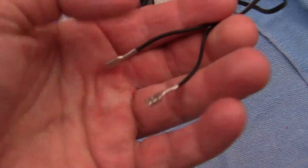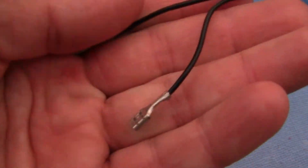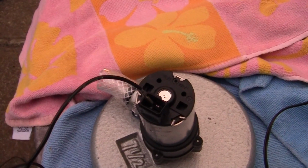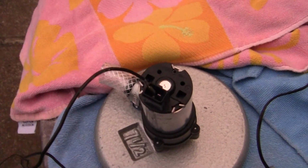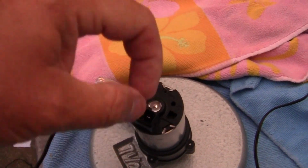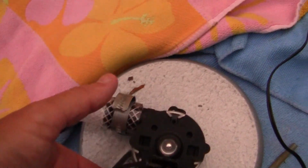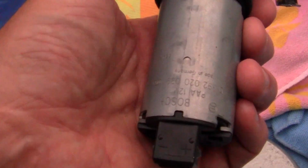If not, then I'm just going to keep this wire, it's pretty long here. I'm going to just use one end of this because the other one's too wide. But I'll use one connector and I'll just connect this up before I put the pump on and have to get down on my hands and knees and play around with all the rest of the stuff. So if there's anyone out there that knows anything about wiring and wiring size,